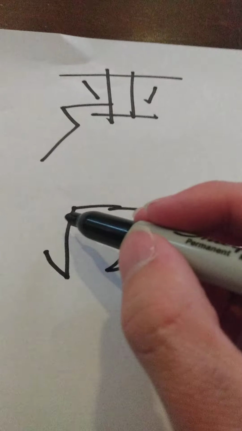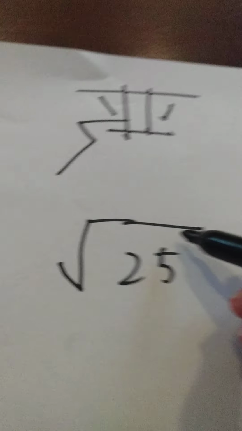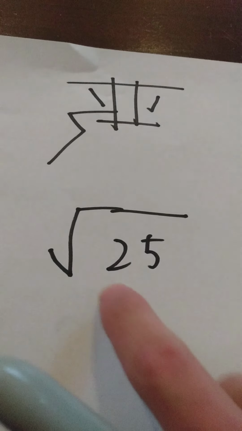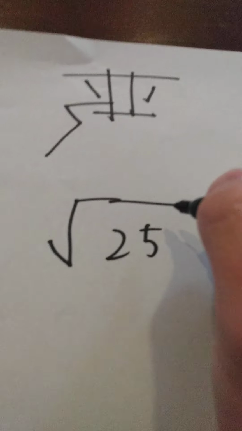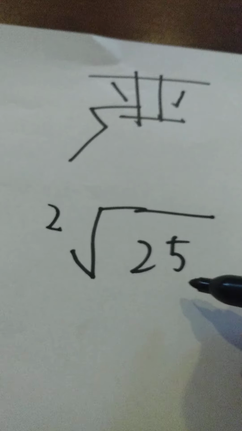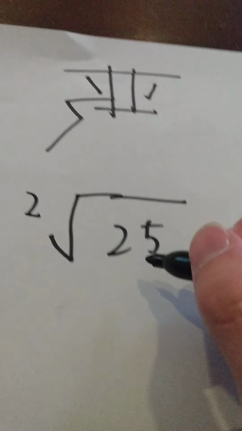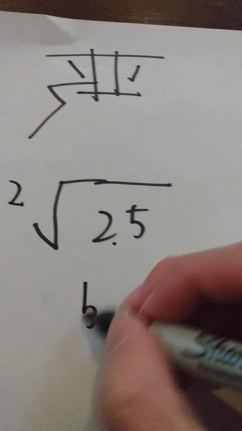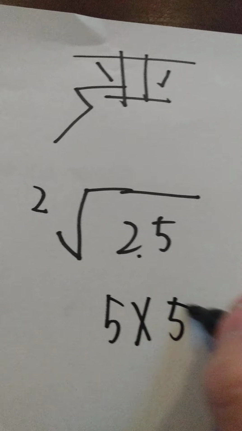With square roots, we have seen the symbol back in the past years of our videos. So what this symbol is saying is: what is the perfect square of the number under here? So what is the square root of 25? Well, since 5 times 5 is 25,